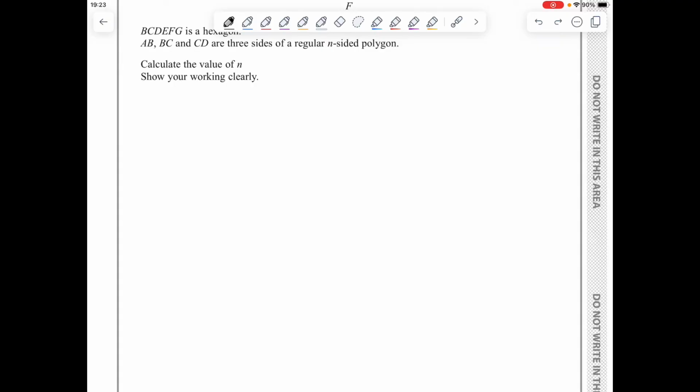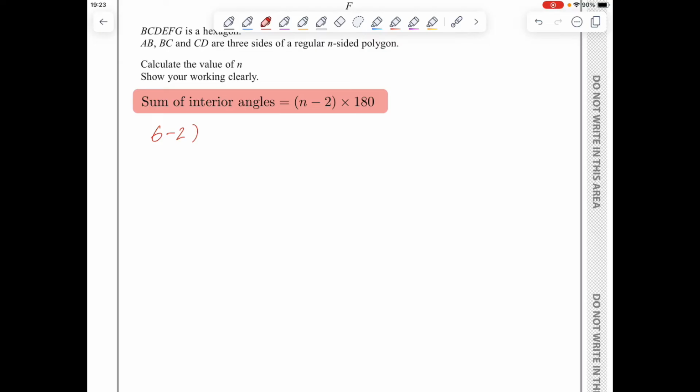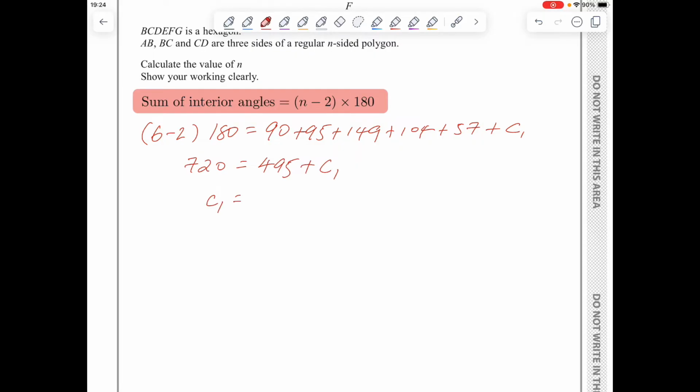I'm going to use the following formula. So with n being 6, I get (6 minus 2) times 180 must be equal to 90 plus 95 plus 149 plus 104 plus 57 plus C1. C1 is the reflex angle C. So 720 on the left hand side is equal to 495 plus C1. Therefore, C1 is equal to